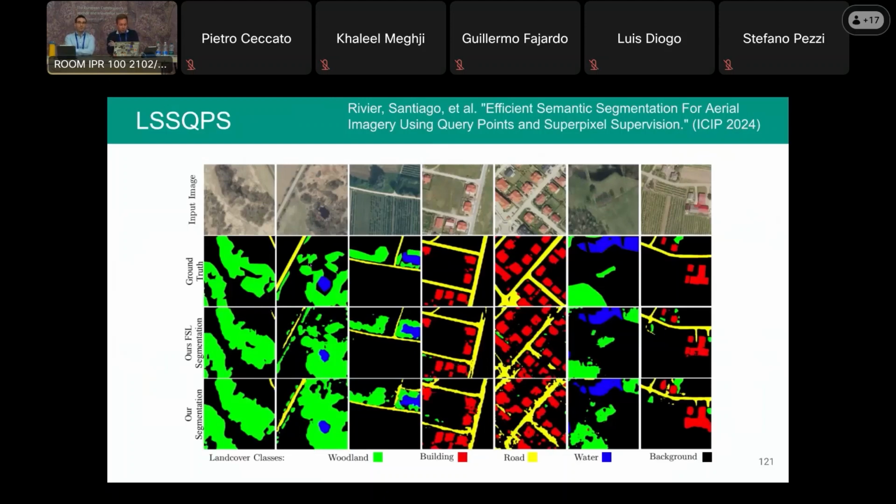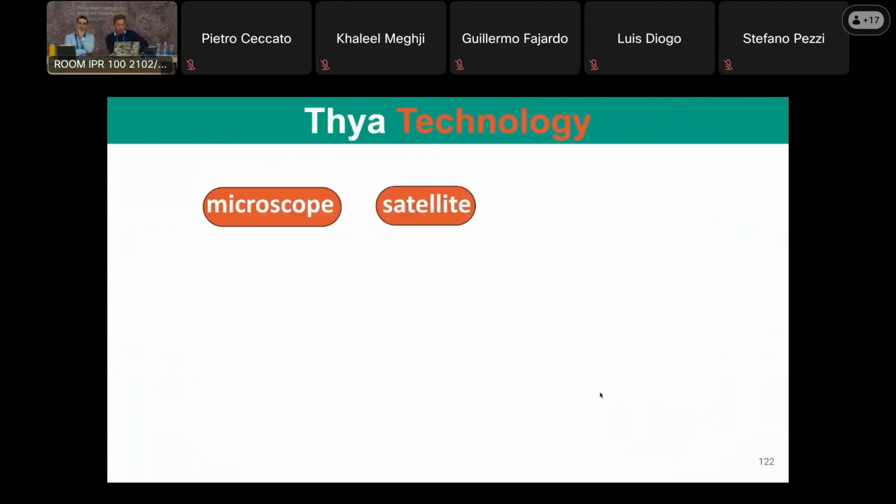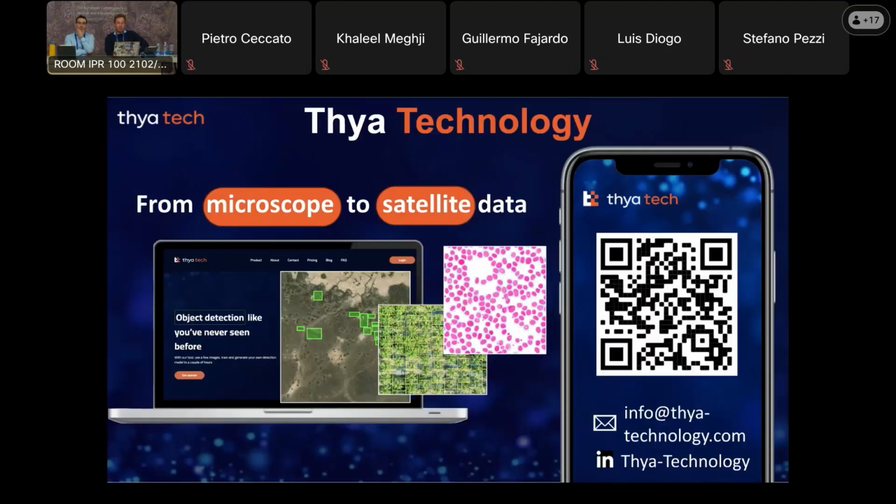But if you look at the ground truth, this is my input, the first row you have here is a fully supervised model, which is using the full ground truth that is available, and you would get a segmentation that looks like this. This is the output of the model, and it's quite close to what the ground truth looks like. But interestingly, our segmentations, which only used the query point as supervision, reach very similar performance to segment the roads, the houses, or the water, for instance. And that's one of the strengths that we had with